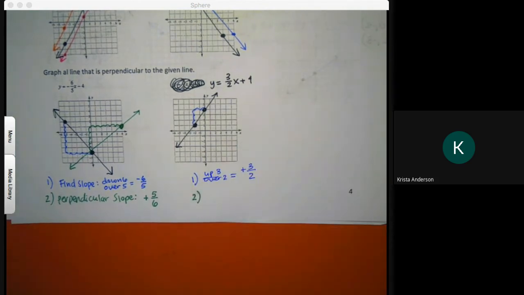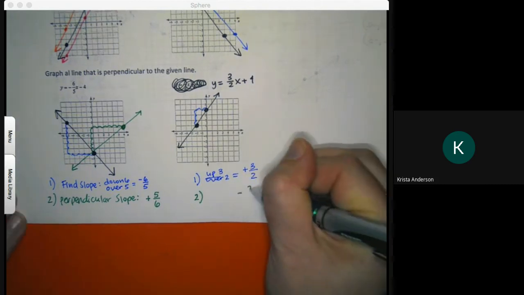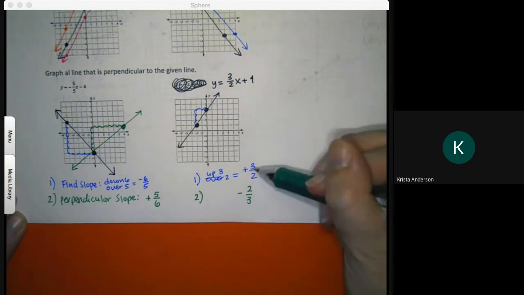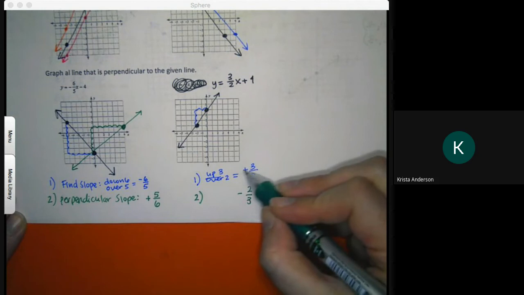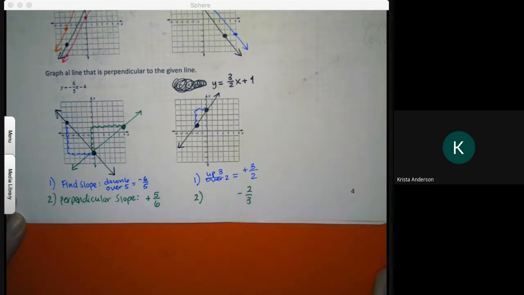Who thinks they know the perpendicular slope? Perpendicular slope. Yeah, what would it be? Negative 2 over 3. I switch my numbers, they flip, and then I change the plus to a minus,